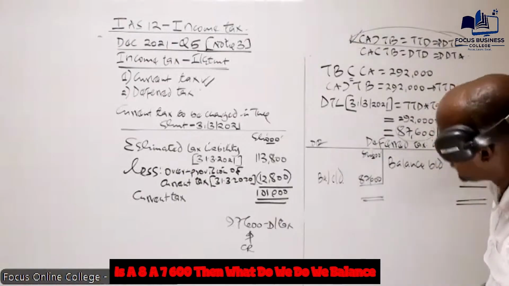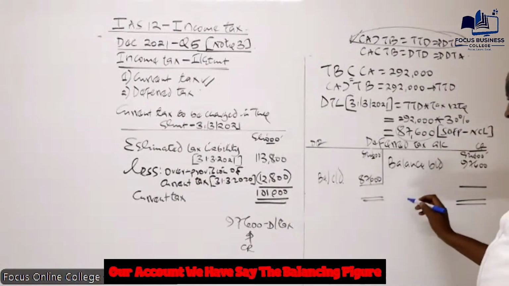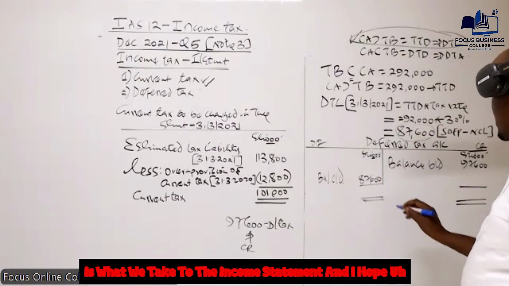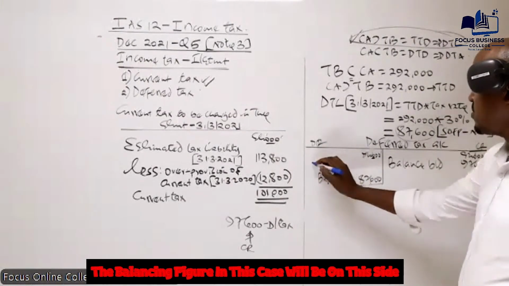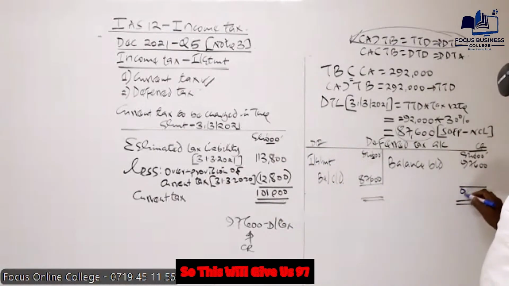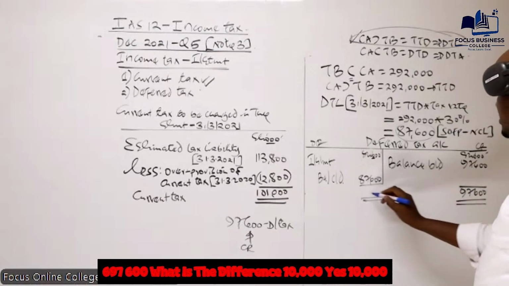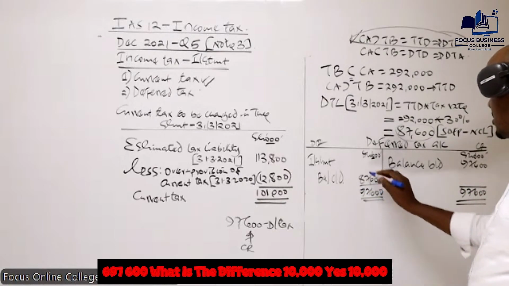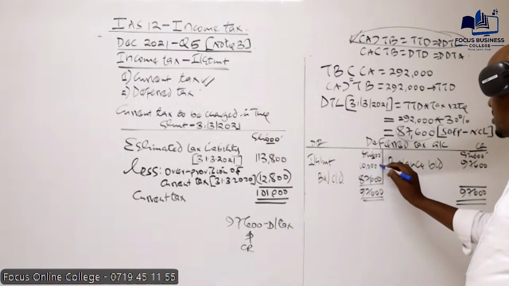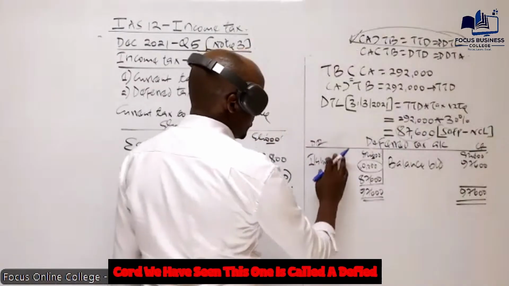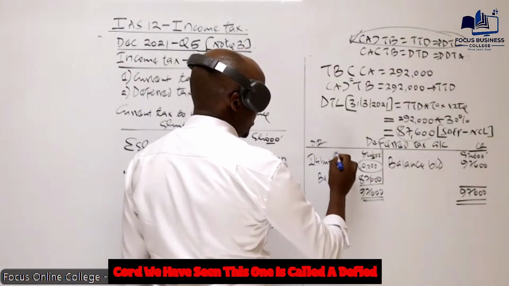Then we balance our account. The balancing figure is what we take to the income statement, and in this case it will be on this side. So 97,600 minus 87,600, what is the difference? 10,000? Yes, 10,000. So this balancing figure, which is on this side, is called a deferred